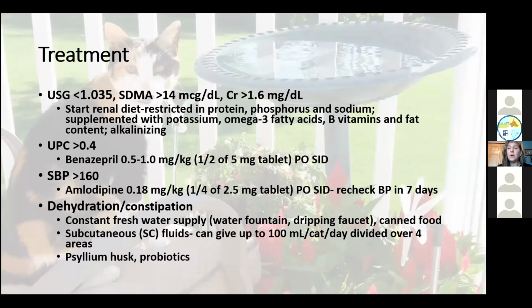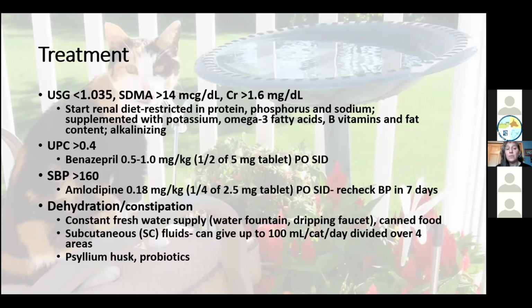All right, so once we have a diagnosis of chronic kidney disease, it can't be reversed. So the goal is to slow the progression of the disease. It is important to discuss this with the owner, as it does involve repeat testing and may include several different medications. So my goals for treatment: when I first start seeing a urine-specific gravity under that 1.035, or that alone,